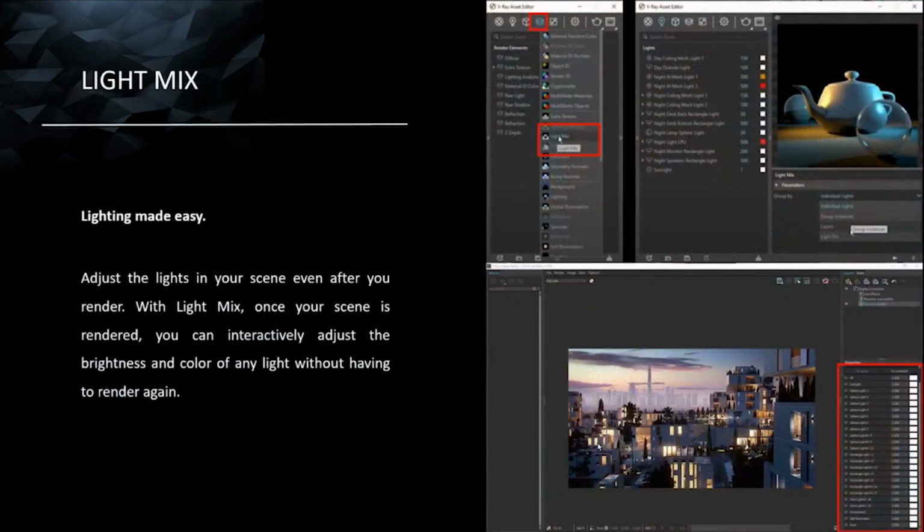And with this new light mix option, we can control all the lights within our V-Ray scene. This can be performed either during render or after render. So after render, if you find anything wrong with your light, then now you don't need to go for re-rendering. You can easily control all their intensities or color or any other properties within the V-Ray frame buffer itself. And you can even switch on and switch off different lights as per your needs.